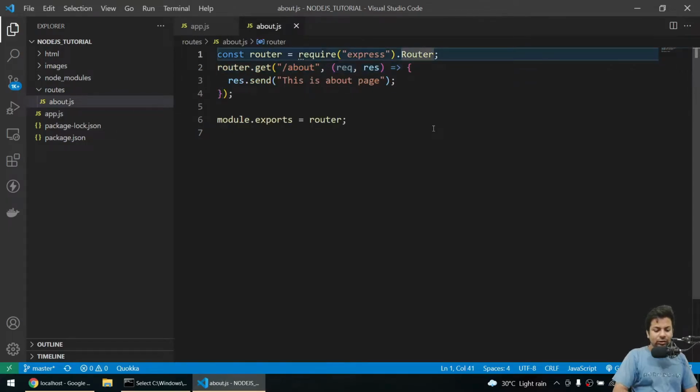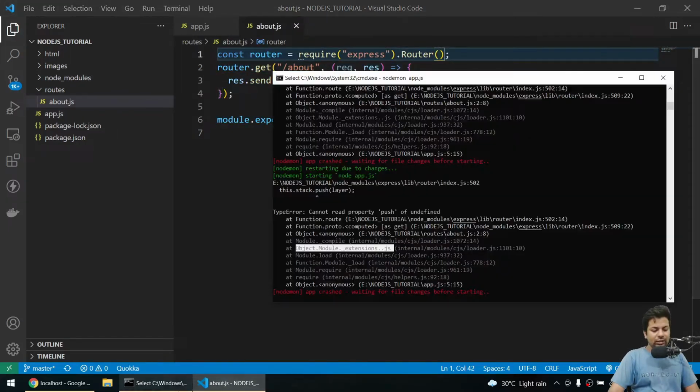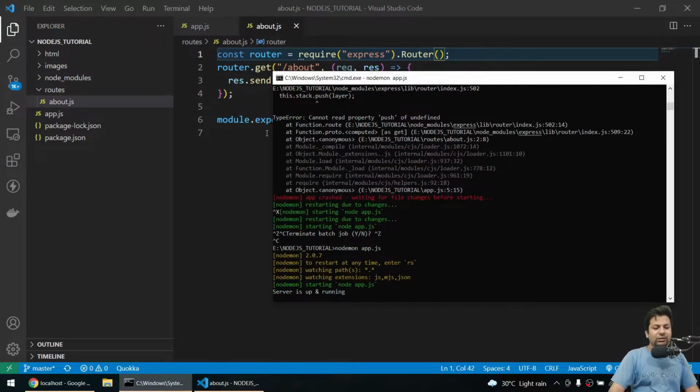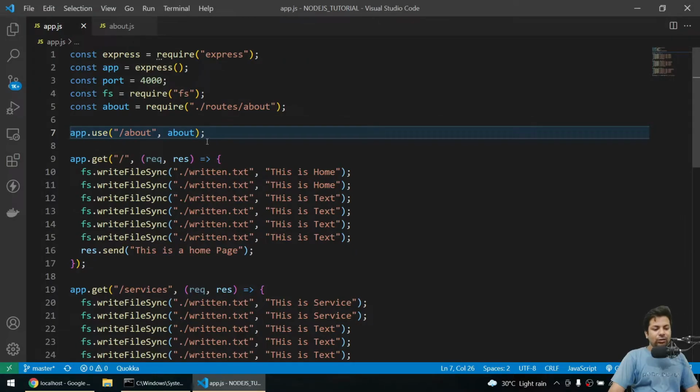Okay, it's like this, so maybe that's why the error was coming. Yeah, everything's fine now. If we go to slash about, it will come here,